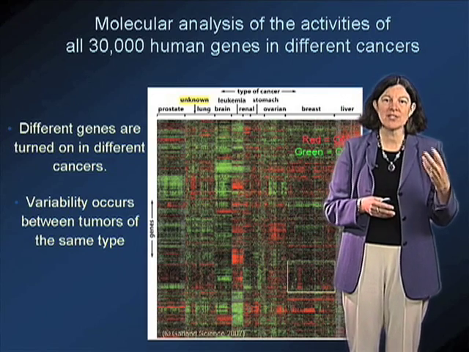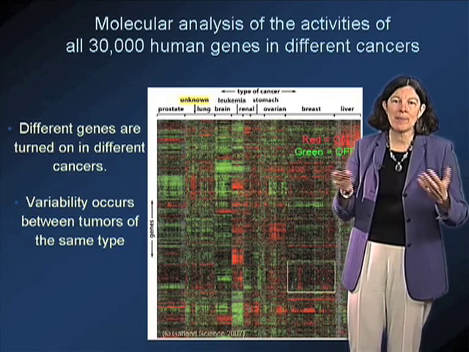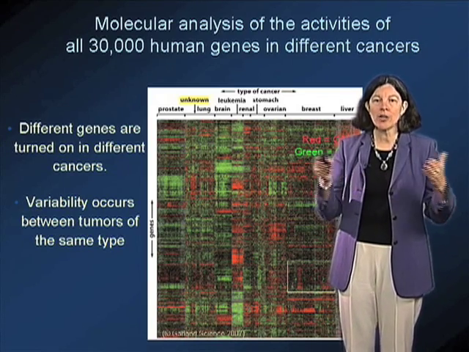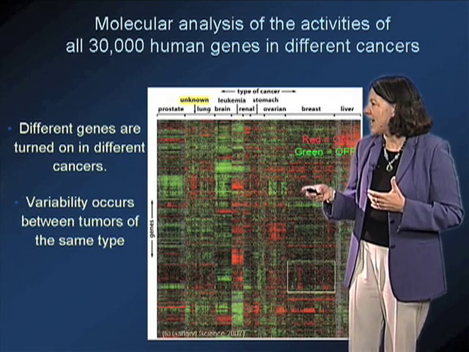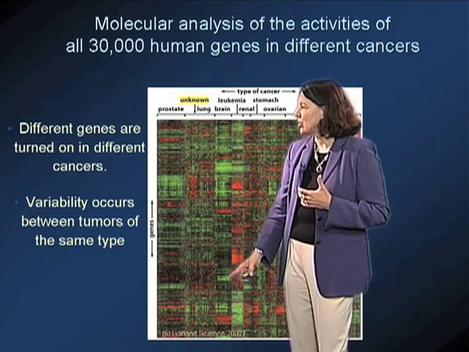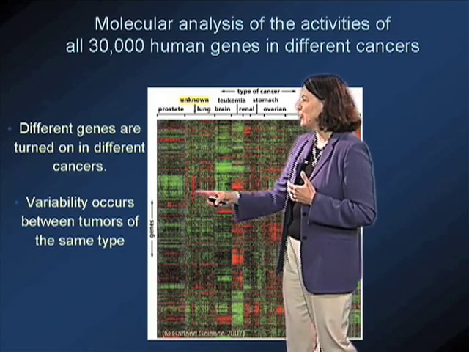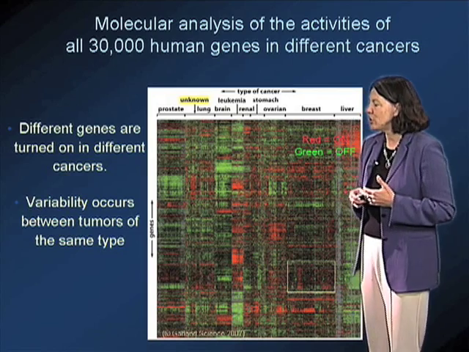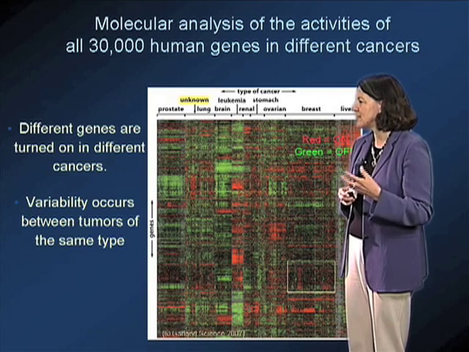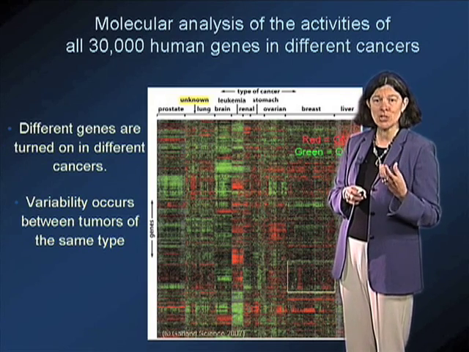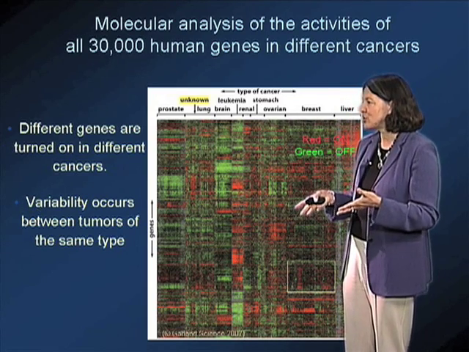I've already given you an example of several cancer mutations that can cause different kinds of cancers, and we now have the capacity to actually look at all 30,000 human genes for their expression simultaneously using microarray strategies. And when we do this, in this image here, we're looking at 1,800 genes running from the top to the bottom of this panel, and 140 or so different types of tumors running from left to right. And what you can see when you analyze this, with the green spots representing genes that are turned off and the red spots representing genes that are turned on, is that these patterns of gene expression actually